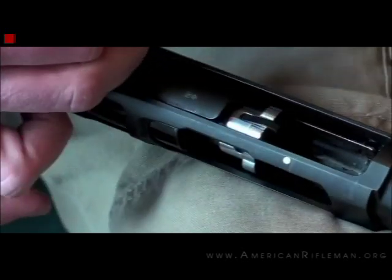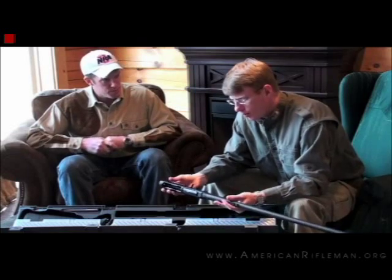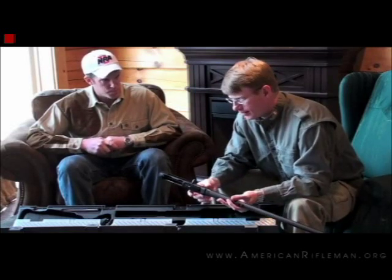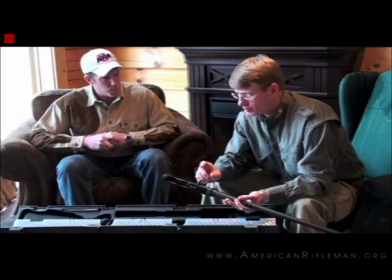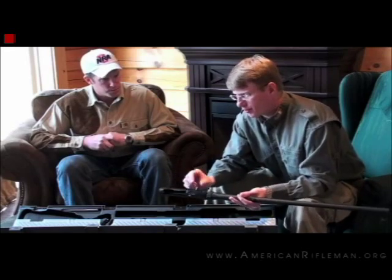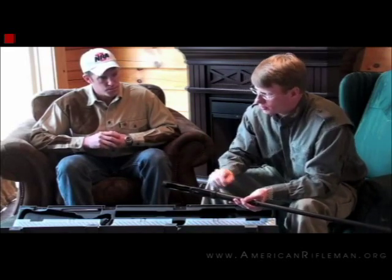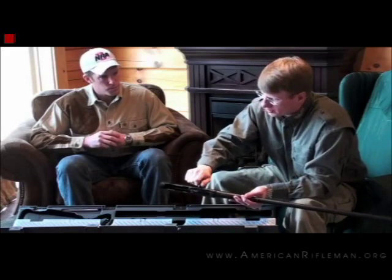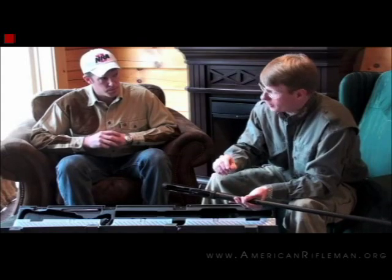Well, Mark, what kind of advantages do you foresee from having the barrel and the receiver all as one piece? Well, it's interesting. What Benelli has done is make recoil in line with this gun. Most Benellis and other autoloading shotguns have got a tail off the back of the bolt, and it goes into a cup that drops into the butt, and it goes down at an angle. So the recoil force is actually going back and then down into a cup,